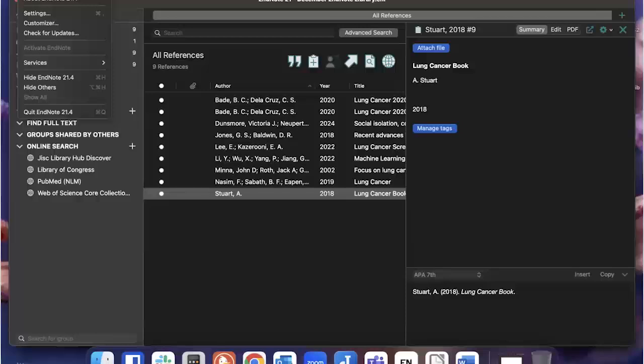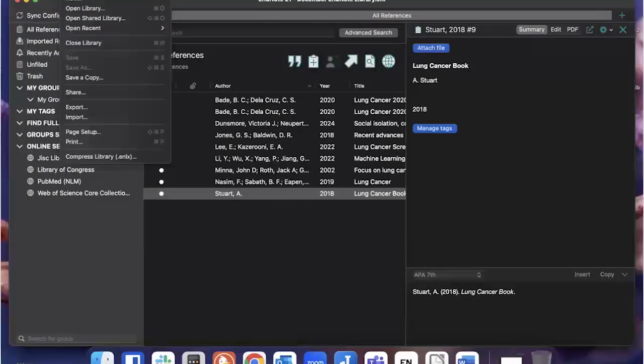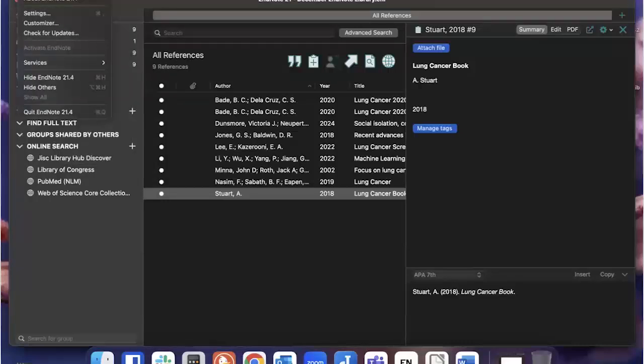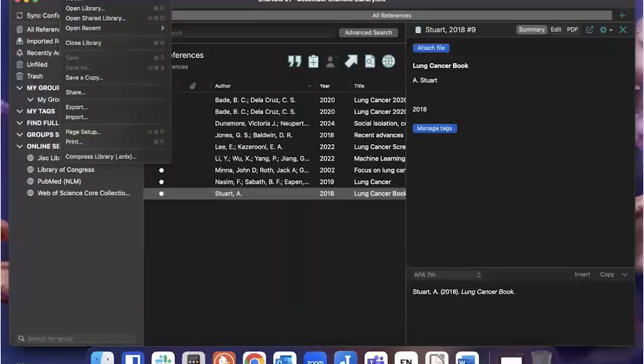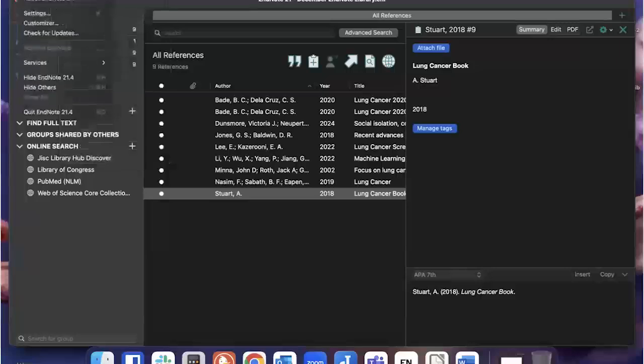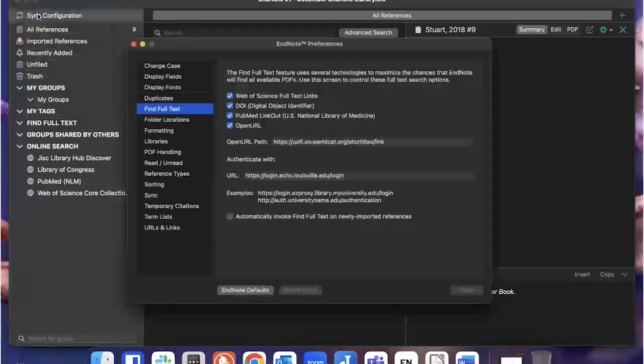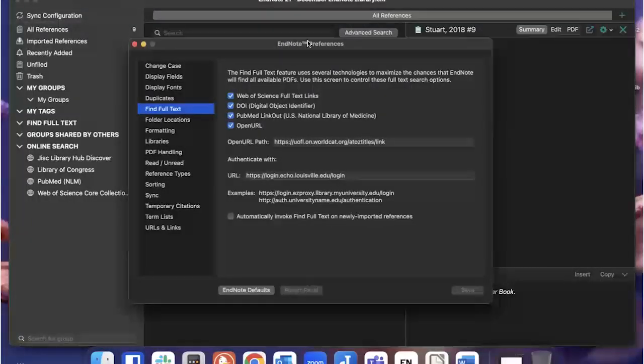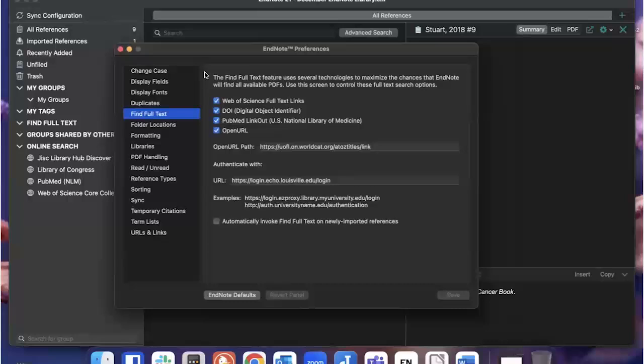Okay, so for Windows, because I don't know why it's a little different between the two, you'll go to File and it'll say Preferences. It's a little hard to show you because I'm using a Mac currently. So for me, I want to use the EndNote drop down and click on Settings. For a Windows operating system, right up here, File will be the first drop down, and you'll click on that, and you'll click on Preferences. But it opens up the same window. I'm not sure why they labeled it differently, but then you'll see this. It says EndNote Preferences here at this window,